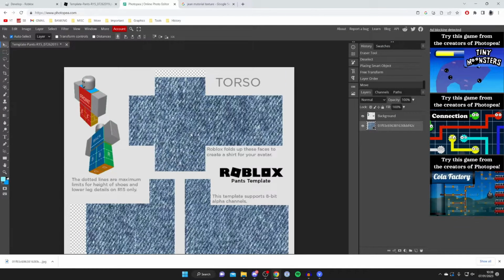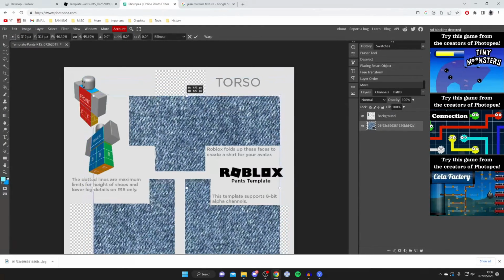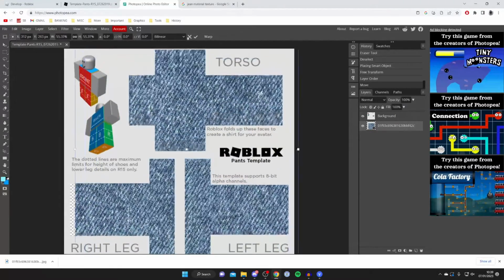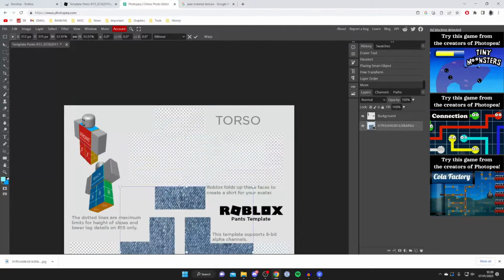Then to adjust the size, what you need to do is press Control Alt T just like so, and then we get the size selector again, and then what you want to do is make it fit how you want it to fit. Notice you can see the bigger you get, the texture gets bigger. So if you don't like that, what you can do is just make it smaller just like that,